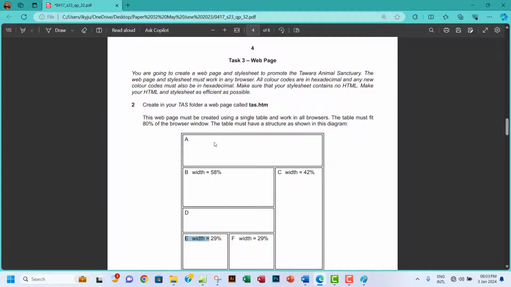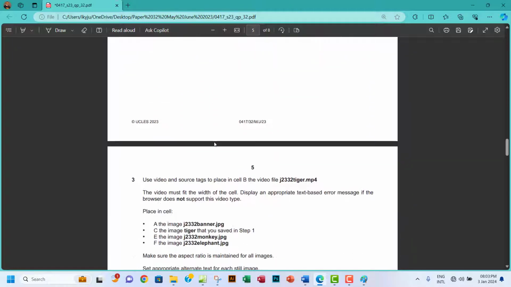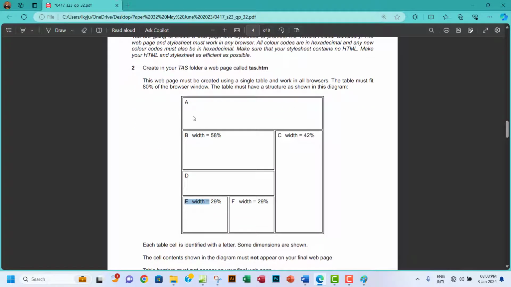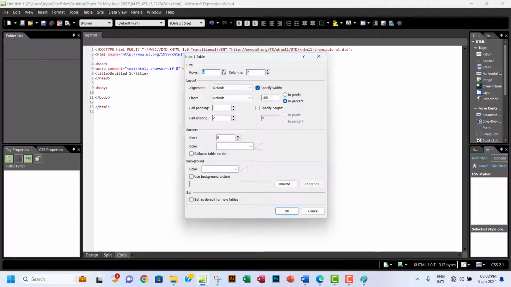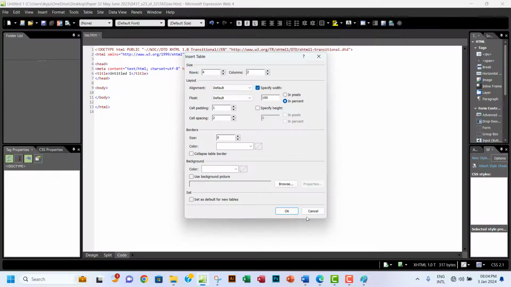Okay, so let's go create the table then. We need to create this table. The table has about 1, 2, 3, 4, that's 4 rows, and then it has three columns. So let's go ahead. Let me just go to table right here immediately. Insert table, and then the table is going to be how many rows? 4 rows, if I'm not mistaken. 1, 2, 3, 4 rows. That is A, B, D, E, and then it has